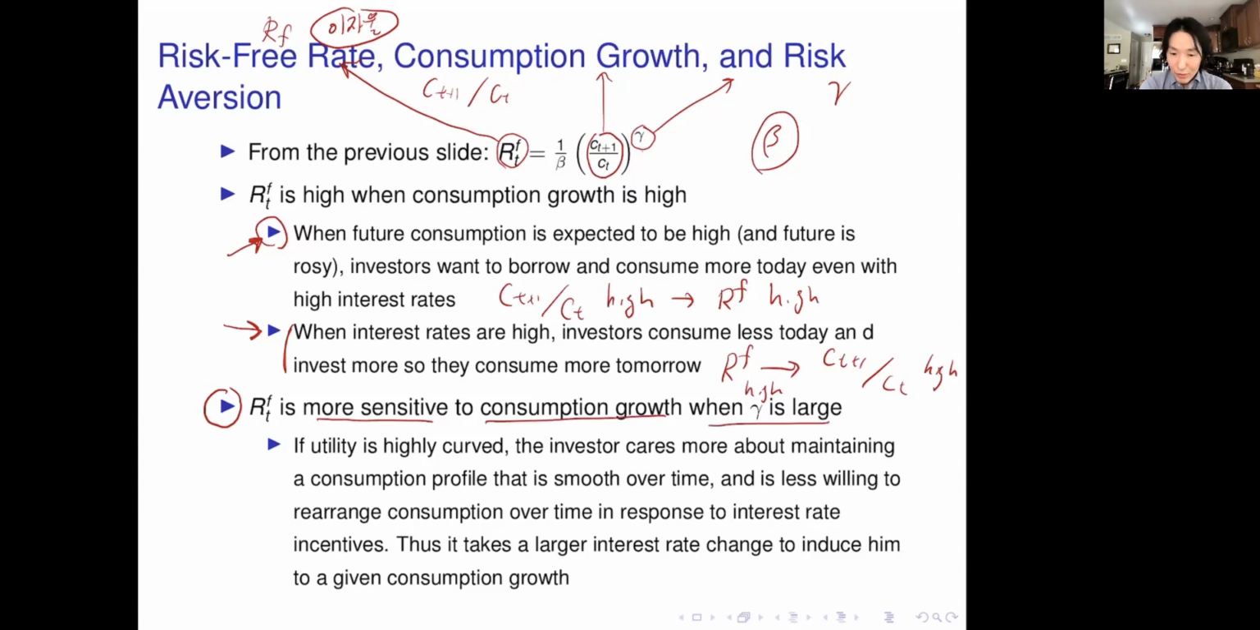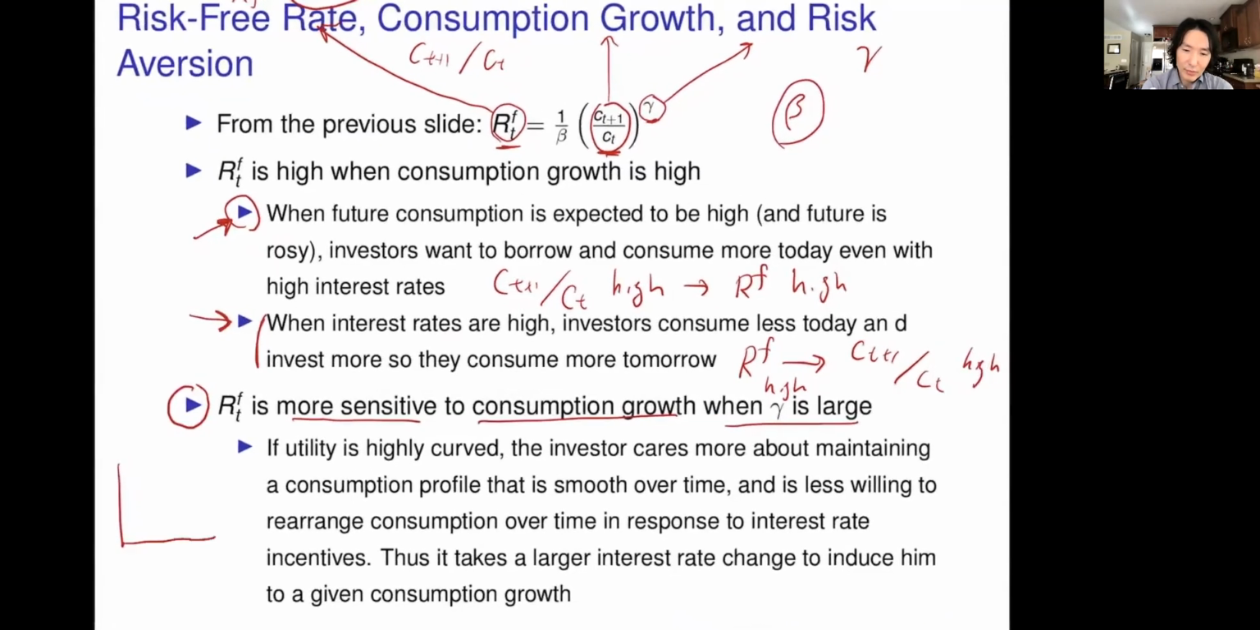즉, risk aversion coefficient가 높을 때 consumption growth가 변하면 risk-free rate이 더 심하게 변하게 돼요. But you can see that easily mathematically. When risk aversion is high,